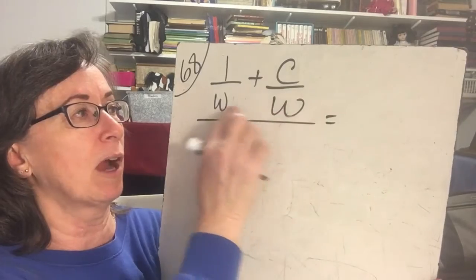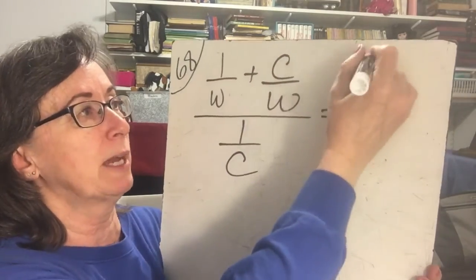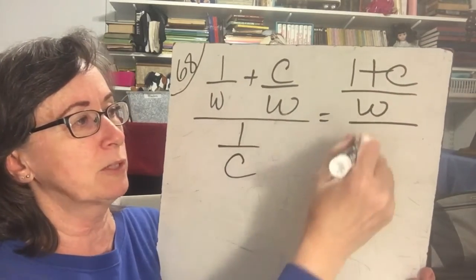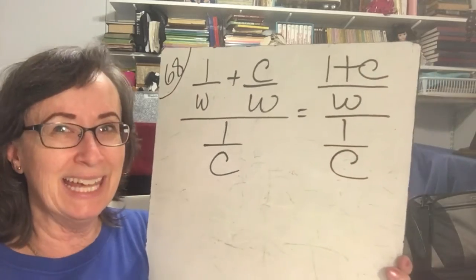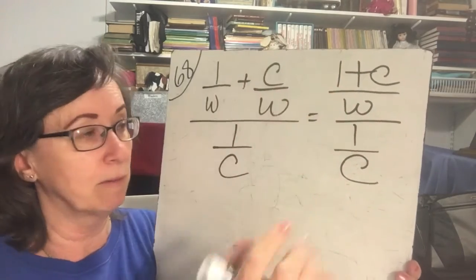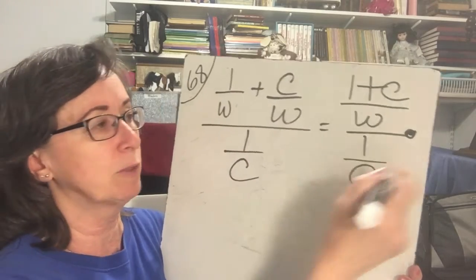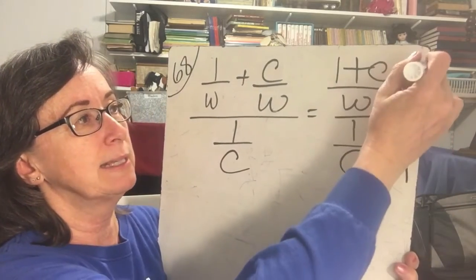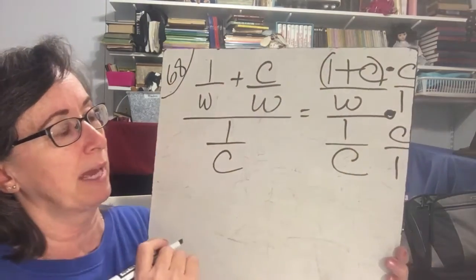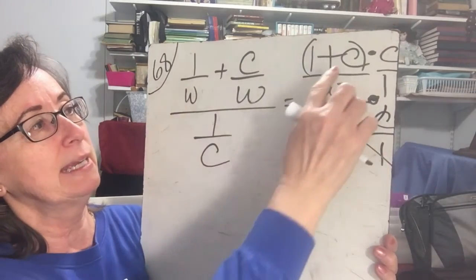So since these are already the same denominator, can I put the numerators together and say 1 plus c over w divided by 1 over c, and then we're multiplying by the reciprocal in the form of 1, right? So I'm going to multiply the reciprocal of the denominator is c over 1, c over 1, c over 1. I'm multiplying this by that, okay? So now let's see what happens. This goes to 1, and I end up with